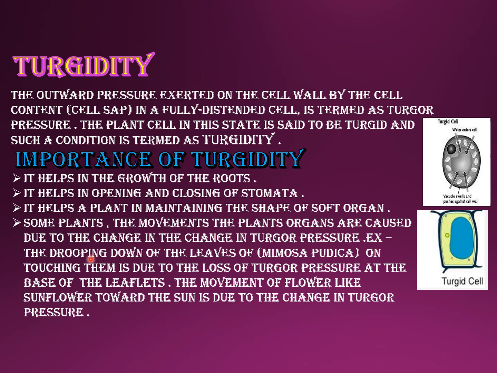Now if you touch a Mimosa pudica plant, we call it the touch-me-not plant. Once you touch, it droops all its leaves. The drooping of the leaves of Mimosa pudica is only due to loss of turgor pressure. As soon as you touch it, from the petiole layer, the base of the leaflets, it loses water. The moment it loses water, it starts drooping. Even the sunflower moving towards the sun during the daytime is also an example of turgor movement.